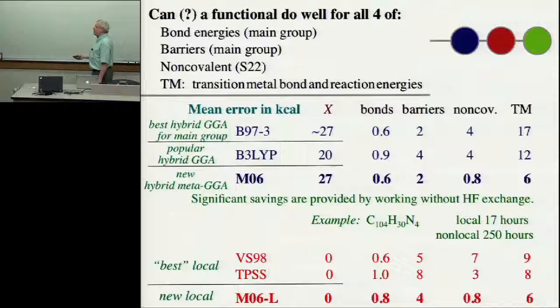Sometimes, for very complicated problems, we want to get rid of Hartree-Fock exchange. That's the only reason we'd want to get rid of Hartree-Fock exchange. Here's a porphyrin fullerene system with 108 heavy atoms and 30 hydrogen atoms. If we run this calculation on this system with no Hartree-Fock exchange, it takes 17 hours of computer time. If we run it with B3LYP or any of these methods up here that have exchange, it takes about 250 hours. So that's